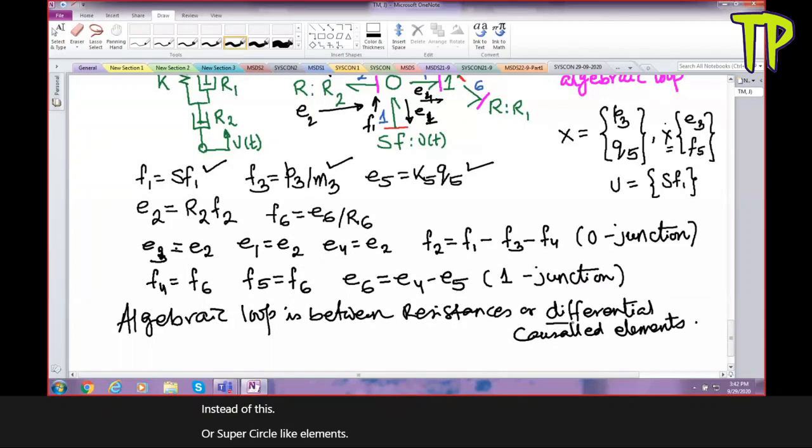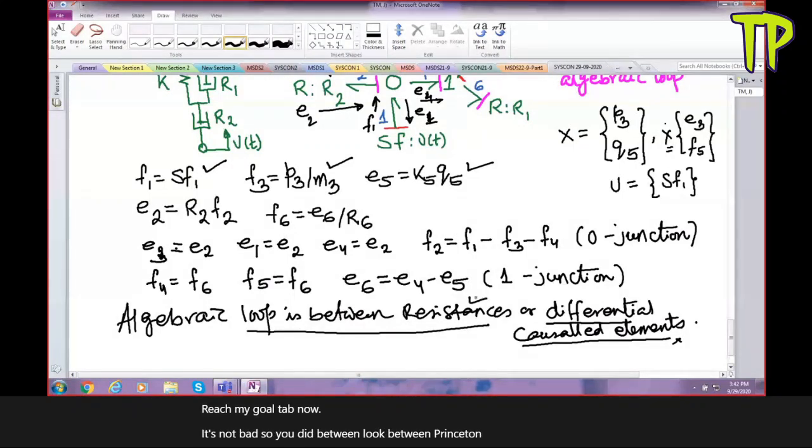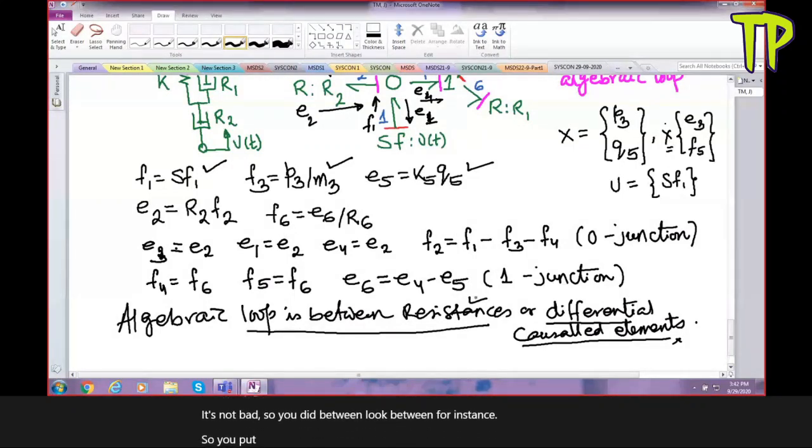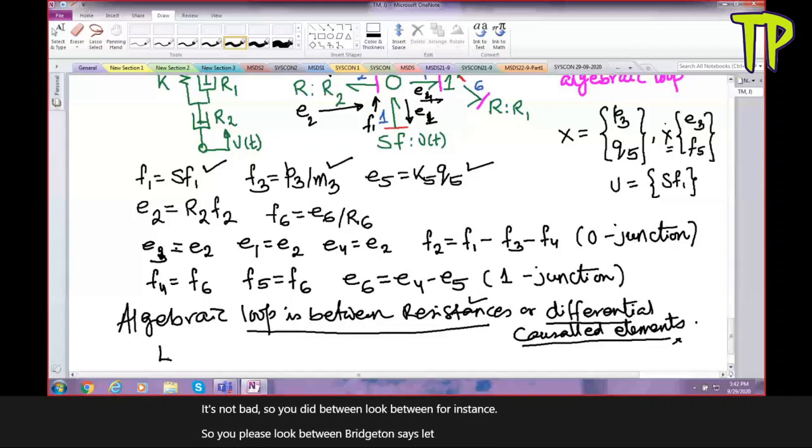This we don't have now. It's not there. So it is a loop between resistances. So if it is a loop between resistances, let us assume